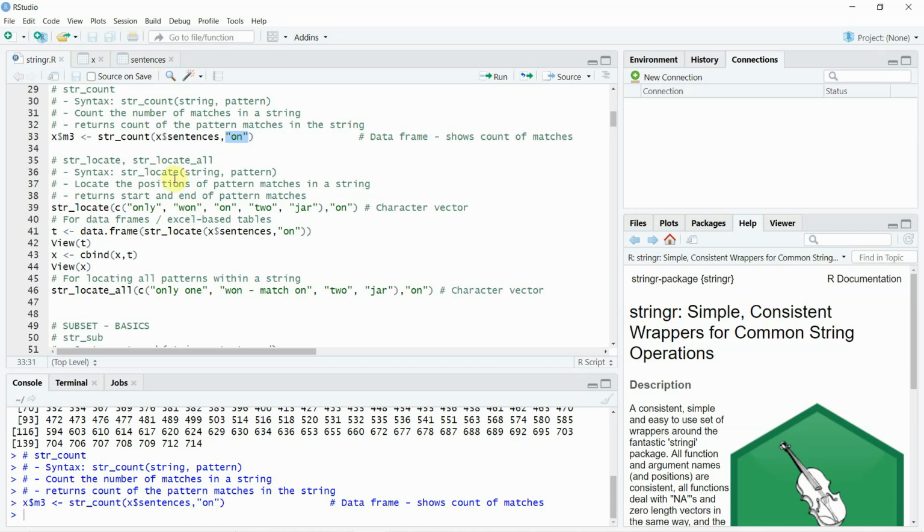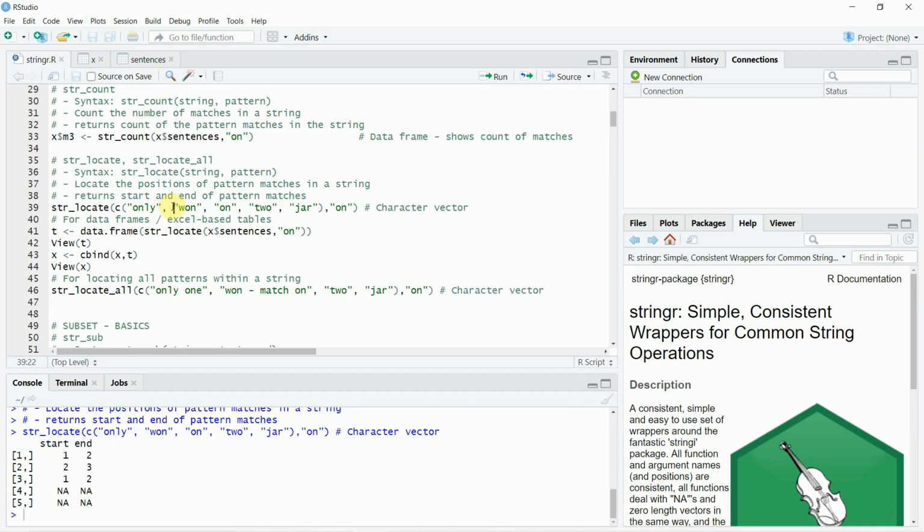Right? So we can either use str_locate or str_locate_all. Now, str_locate will only give you the first time the pattern is repeating, and str_locate_all looks at all combinations. So let's quickly look at it. If you run line number 39, again we have a vector with 5 values in it, and we're trying to identify the word "on",